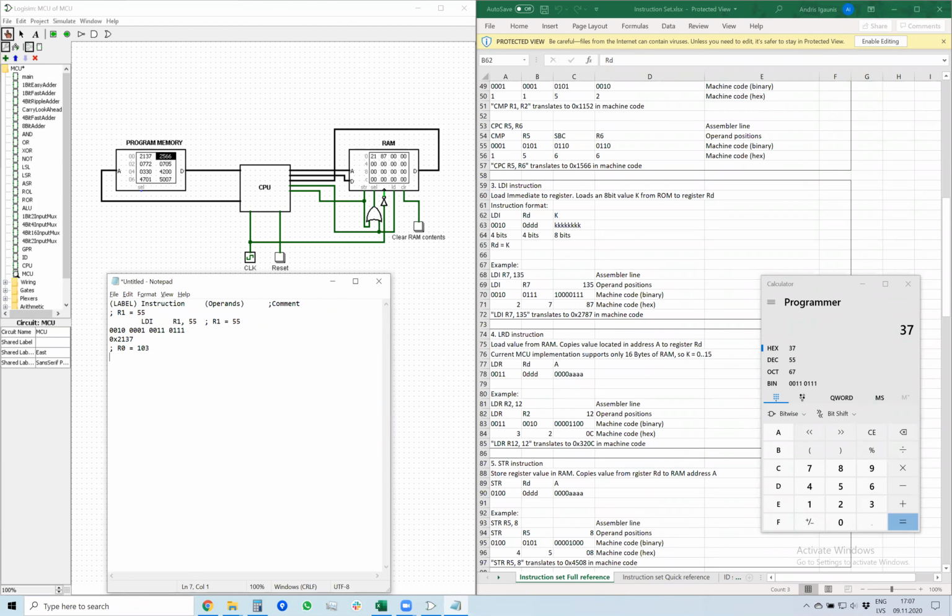So first thing is to write this in assembly language. How do we set R0 equal to 103? It's LDI R0 103. Next, we translate it to machine code. LDI means the first 4 bits are 0, 0, 1, 0. Register R0 is just 0. And 103 decimal is